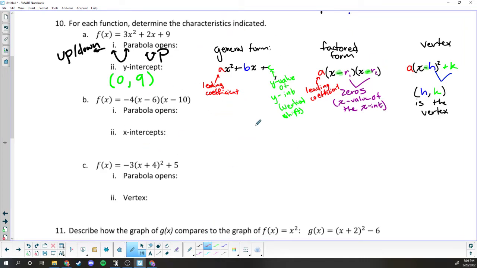Next one is in factored form. And guess what? So I said the last one opened up because it was positive. Well, this one's negative, which means it must open, oh, wait for this,